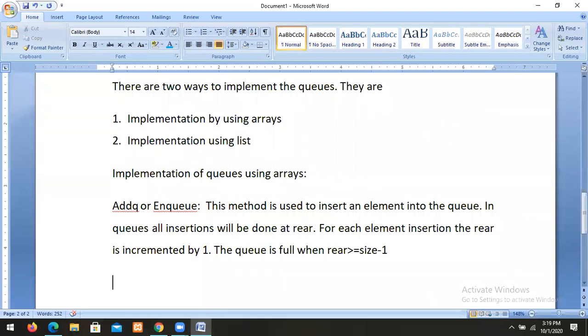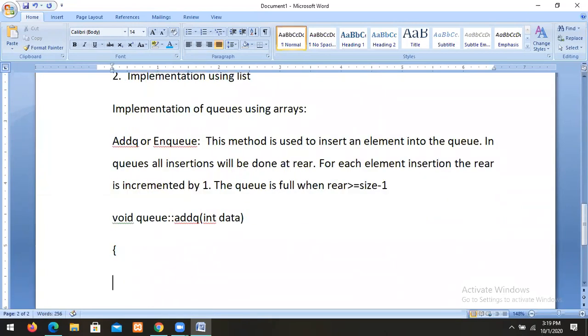So we can write the algorithm: void add queue, int data. How to insert?